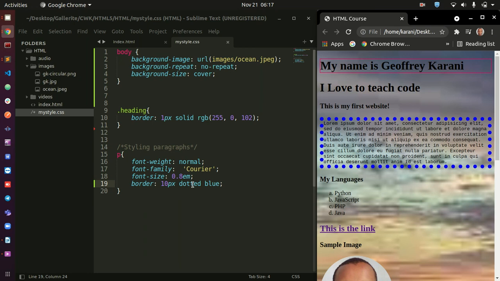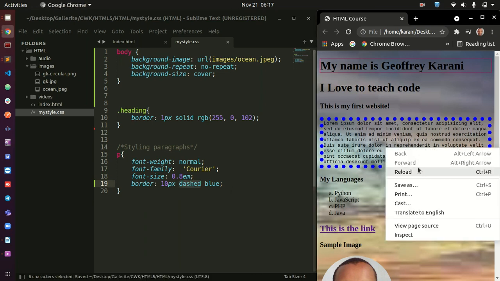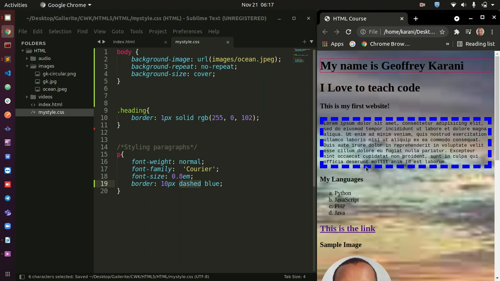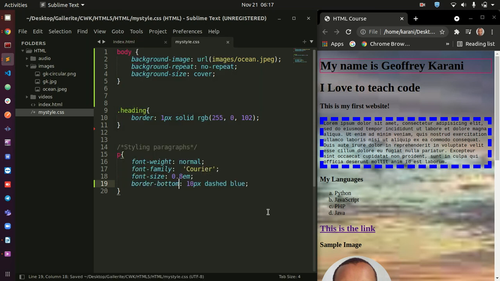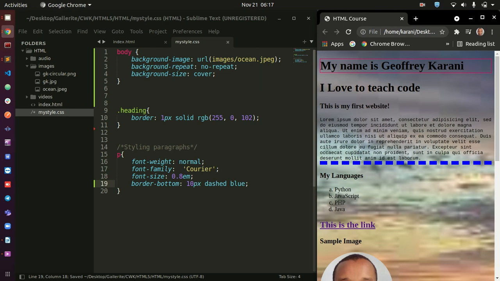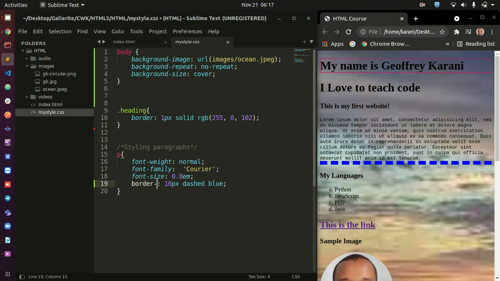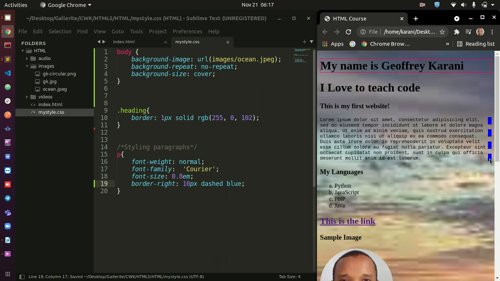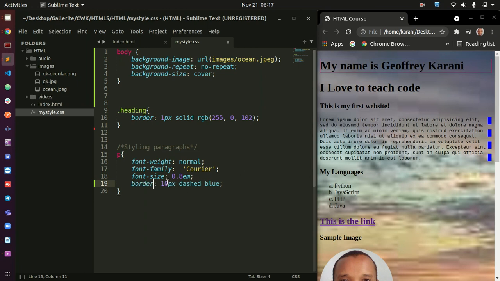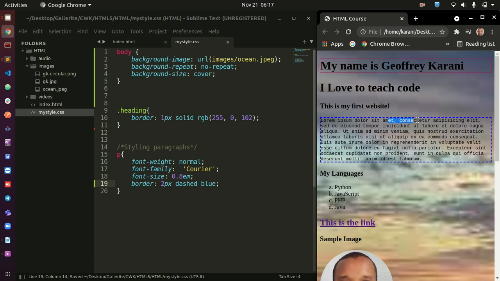Now what if we wanted, let me do dashed, what if we wanted to do a border only at the bottom? We do not want it to be all round, so you can do something like border bottom. You can see that one is also giving you suggestions. Reload, and you can see my border is now on the bottom of this. This same case can be replicated. If you want to do something like right, you can just do border right, and that one is only going to be on the right side. Perfect. So if you want it to be all round, you can do that. Let me get this back to 2 so that it makes some sense. All right, that one is now okay.